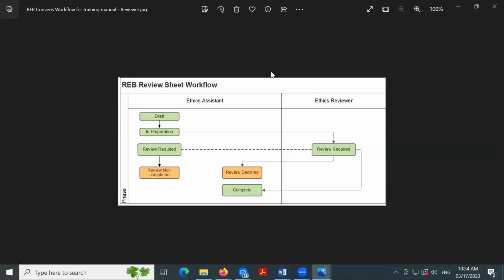The workflow for the review sheet. Once it comes to the ethics assistant, the review sheet is a separate entity from the application form. It's located on the review tab, which we'll get to in a few moments here. And this enables us to have separate statuses for different review sheets, allowing us to track their completion. So the review sheet is created by the